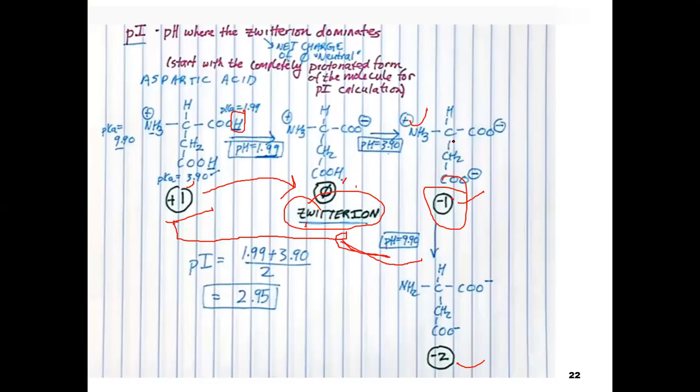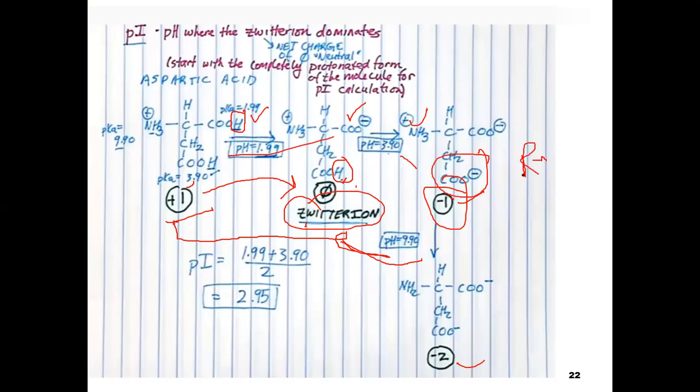Secondly, from the second carboxyl group, the proton will be released. This pKa is for the carboxyl group of the amino acid,